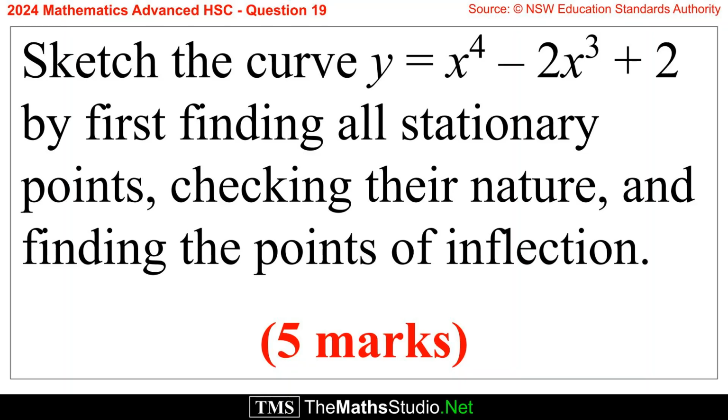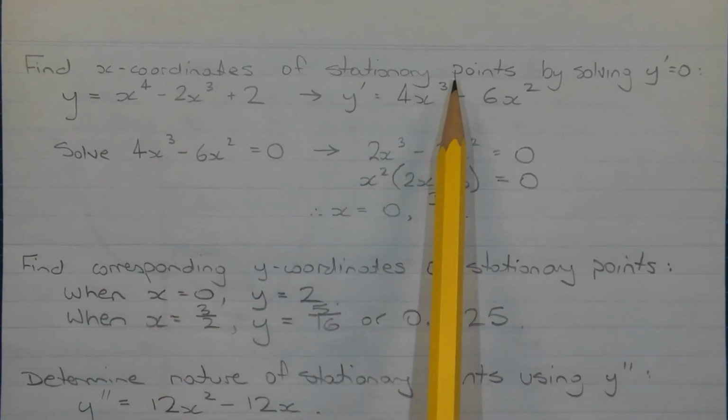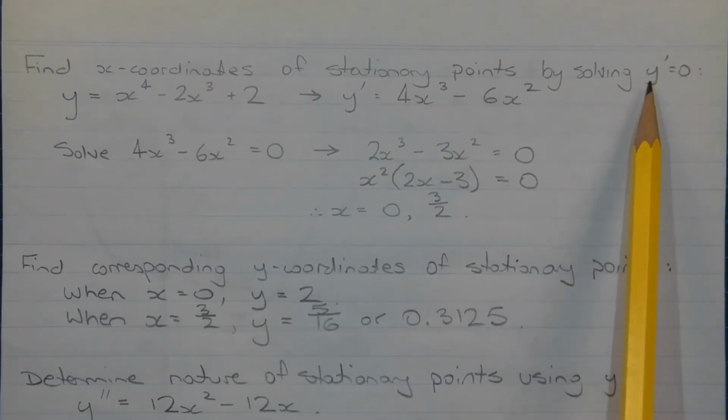Question 19. Sketch the curve y equals x to the power of 4 minus 2x cubed plus 2 by first finding all stationary points, checking their nature and finding the points of inflection. Find the x coordinates of any stationary points by solving the equation y dash equals 0, where y dash represents